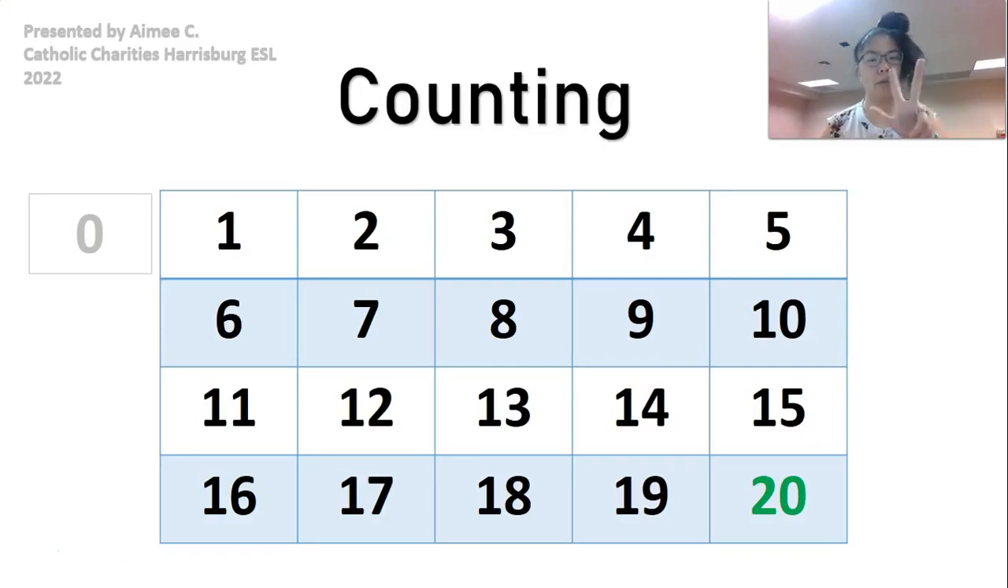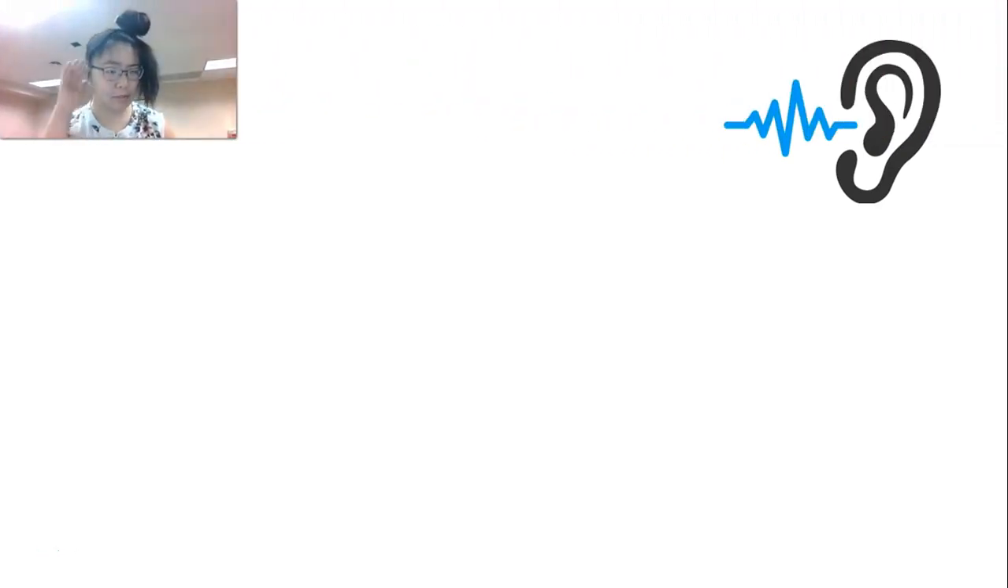Right, so 1, 2, 3, 4, 5, 6, 7, 8, 9, 10, 11, 12, 13, 14, 15, 16, 17, 18, 19, 20. We're going to listen, right? We're going to listen for the pattern for what repeats after the number 20. Okay, so just use your ears. So 18, 19, 20, we have